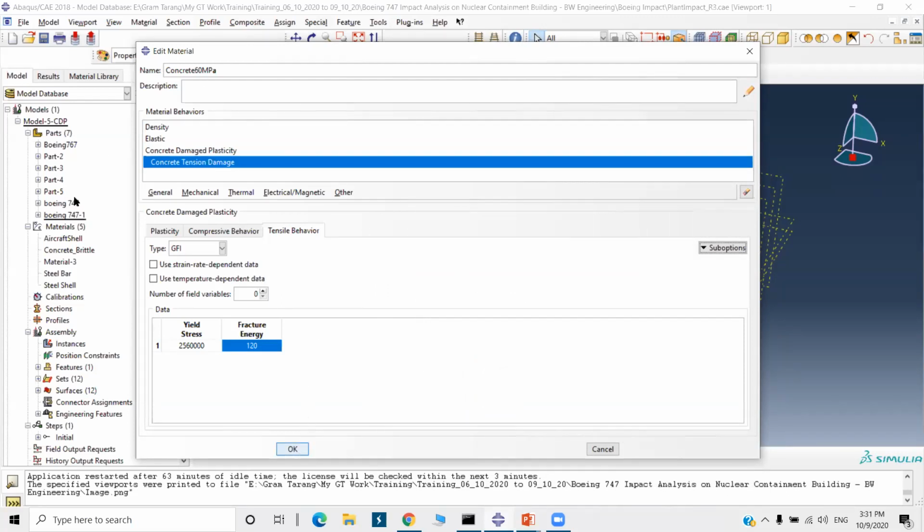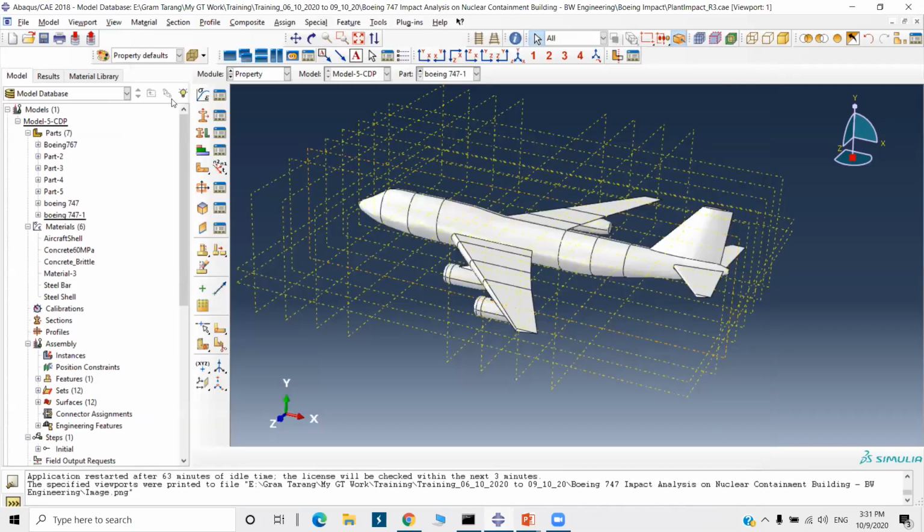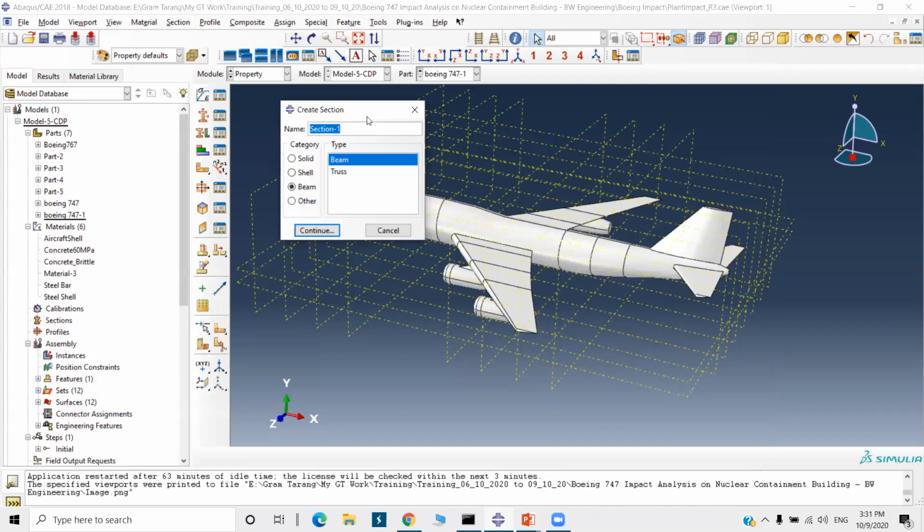Okay, so we are done with the material properties. Now we will go for the sections, also in the Property module. First is the aircraft section, category solid, homogeneous type. Select this material.